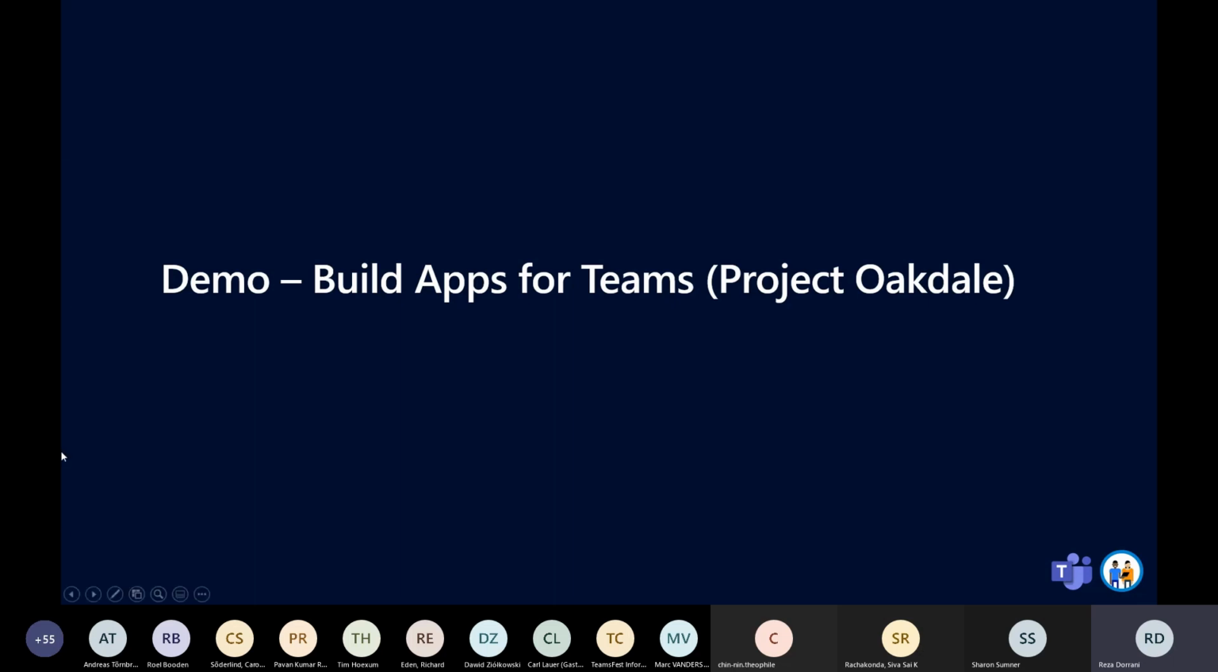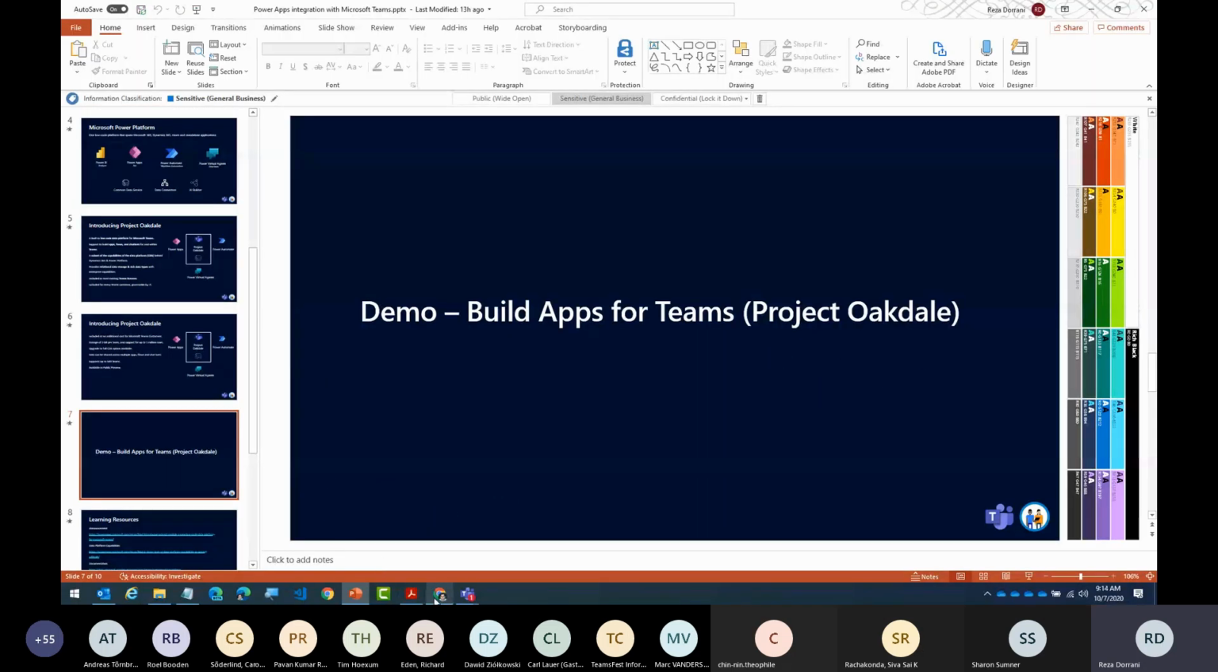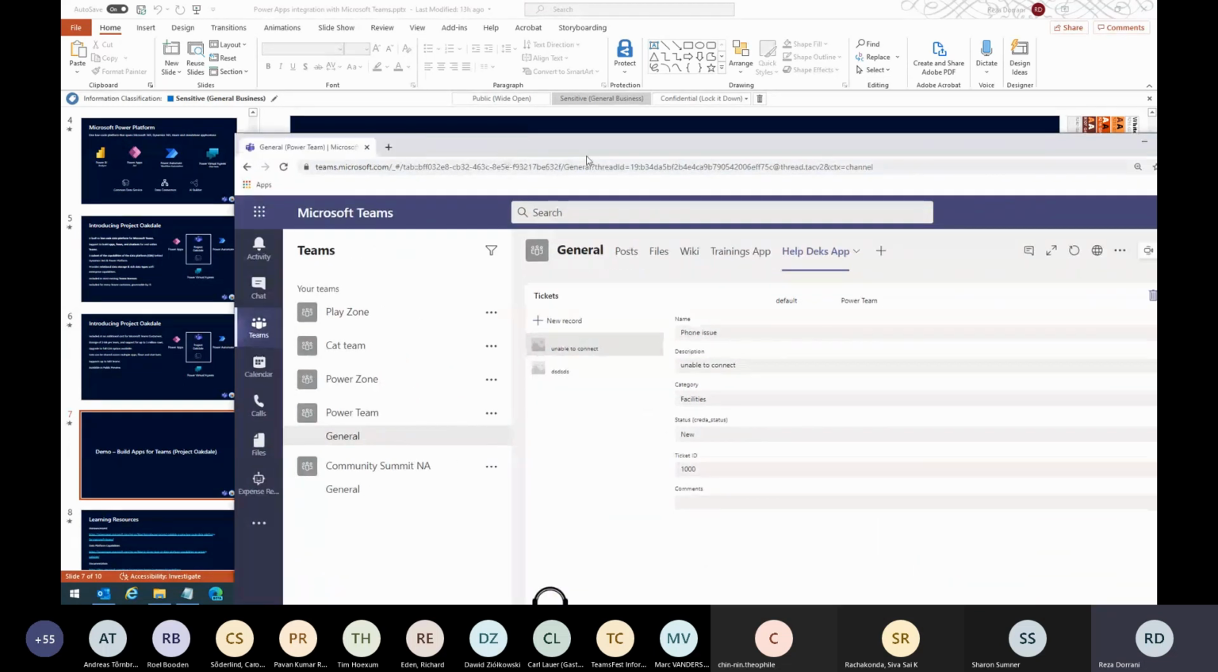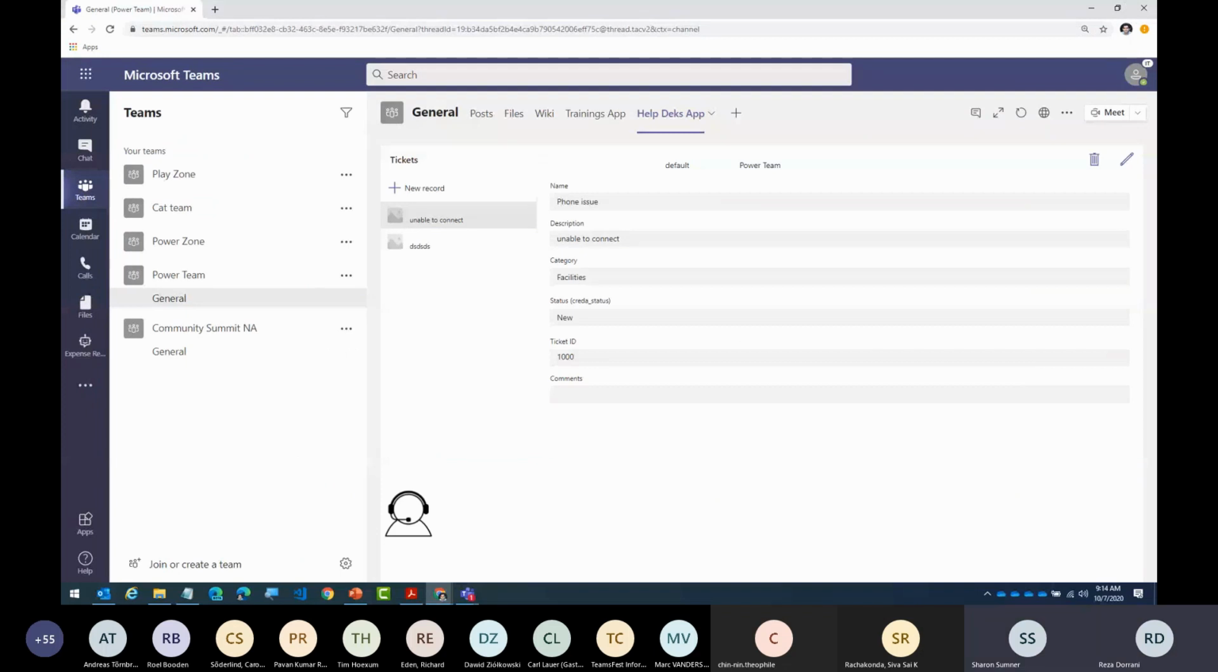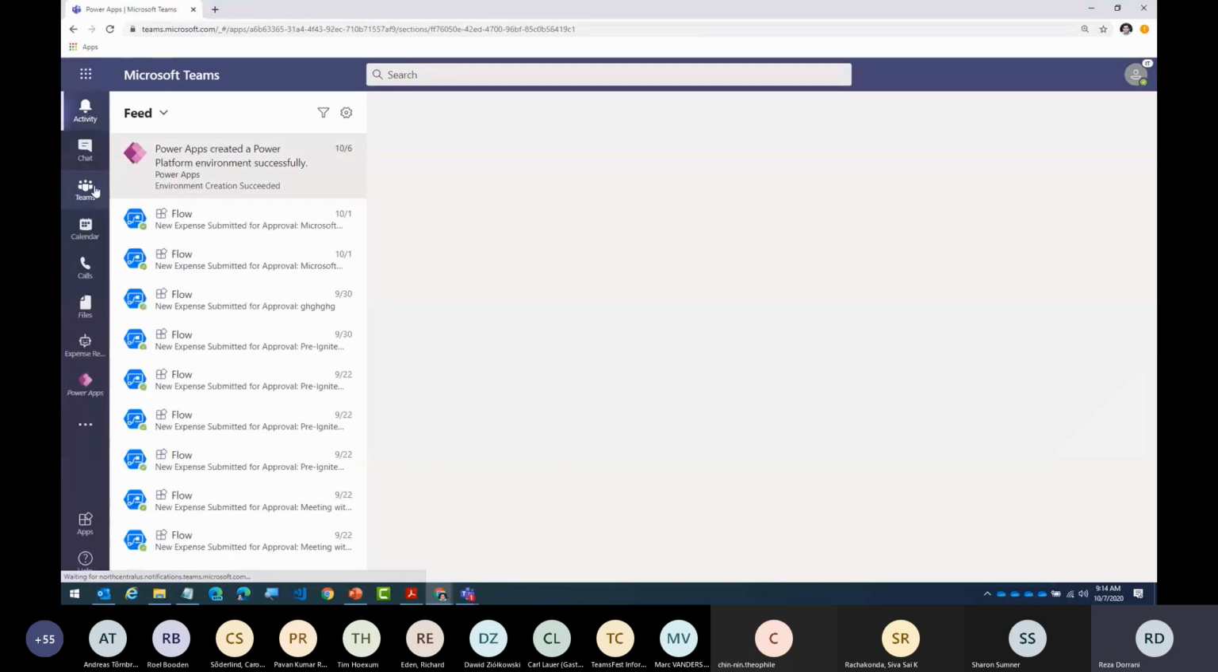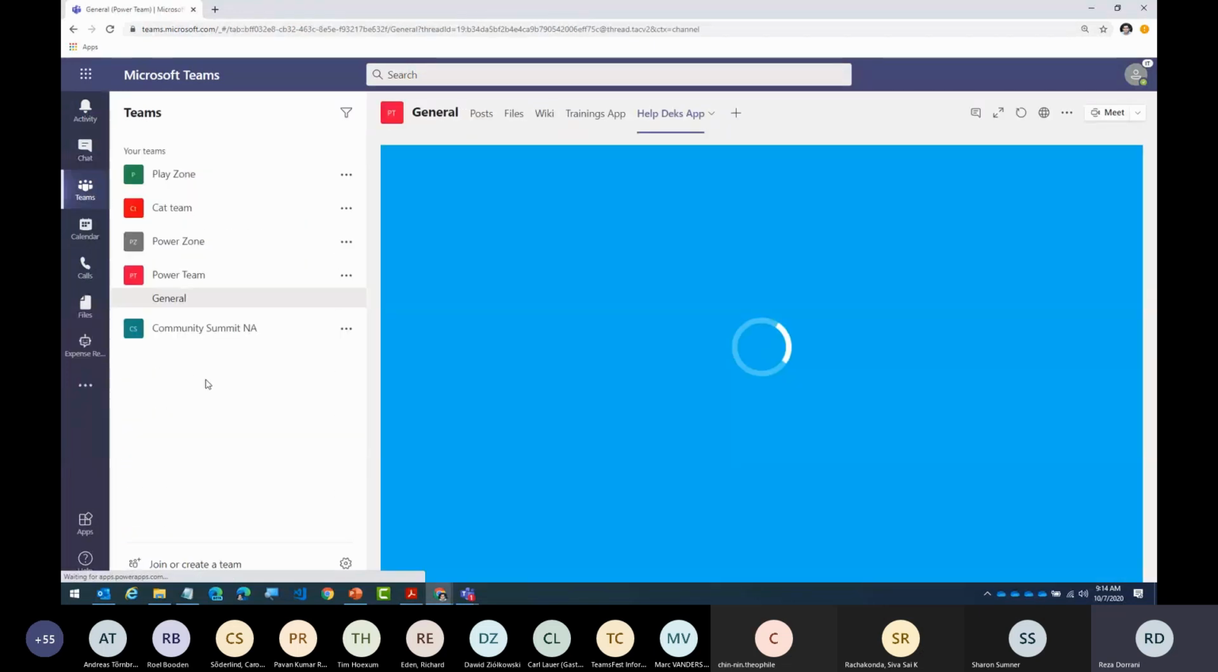Okay, so the demo is we're going to look at how we can leverage Project Oakdale for creating apps and flows in Microsoft Teams. So let's head over straight to my browser and let me just switch my screen over. Let me know when you guys can see my screen. I will need one confirmation. We can. Perfect. All right, so I am right now within the context of Microsoft Teams,